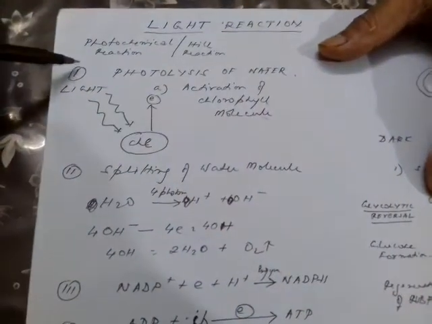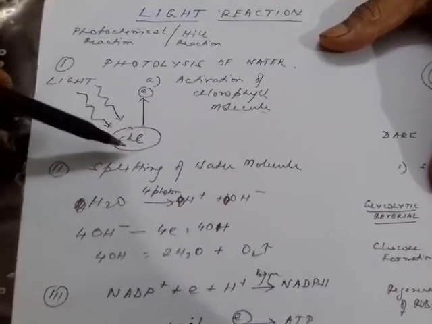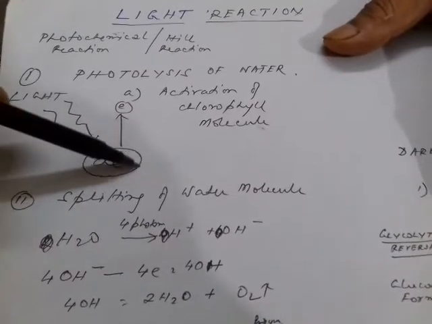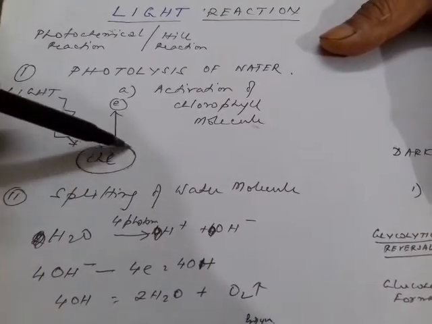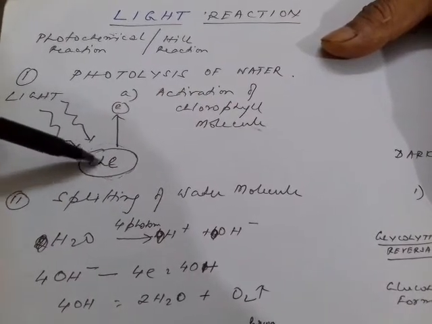So what is the site of the reaction? The grana or the thylakoids are the site of the reaction. Now in this reaction there are certain steps. You have to know those steps very briefly, and what is happening exactly in the light reaction we will just see here in a diagram. The first thing that takes place is what we call the activation of the chlorophyll molecule. Now what is the activation of the chlorophyll molecule? The chlorophyll molecule is contained inside the thylakoid. Here I have shown with an elliptical structure that this is CHL, chlorophyll.